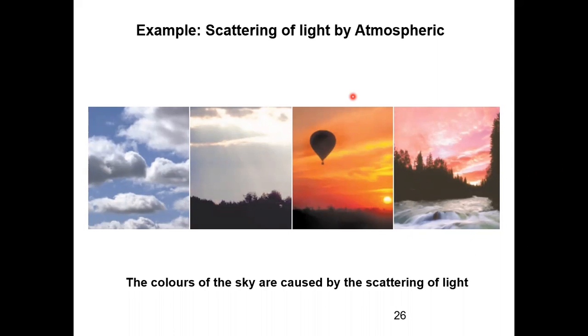Now the second category of attenuation loss is scattering. Just to explain what scattering is, scattering is happening. The sky, you have seen the colors of the sky at different instants of time. Okay, so why do you see these different colors? Based on whatever the situation of the sky is, cloudy or sunny, the sunlight that falls on the particles floating in the atmosphere is scattered. So the colors of the sky are caused by the scattering of light.